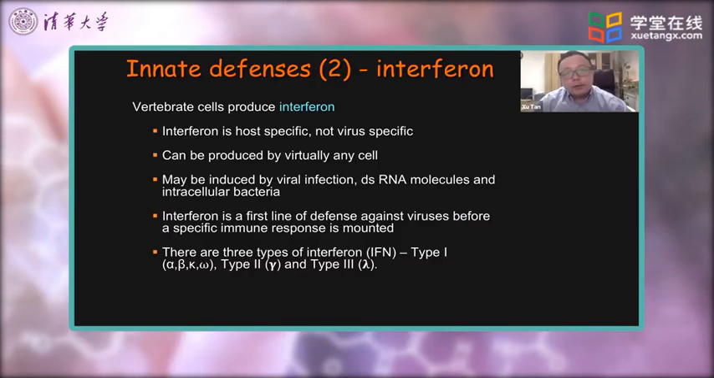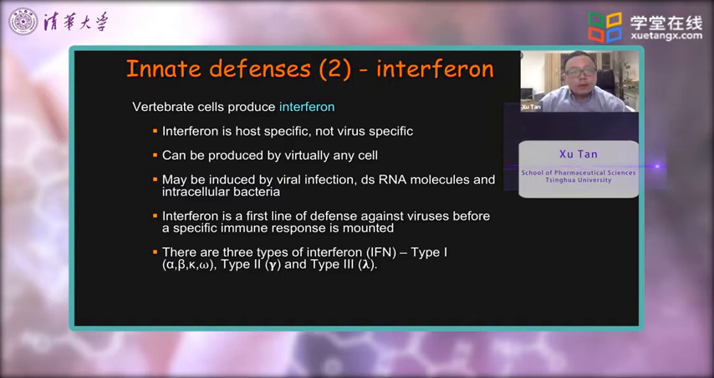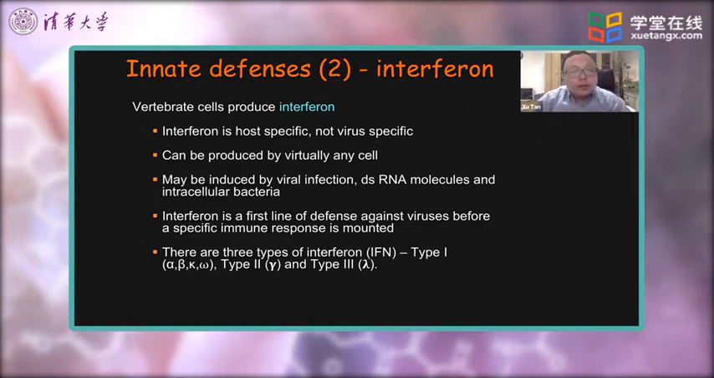The second part of the innate defense system is the so-called interferon system, which exists specifically in vertebrate cells. Almost every vertebrate cell type can produce interferon. It's host specific and not virus specific, meaning that different species can secrete slightly different forms of interferons, but they are not specific for certain viruses. They're a broad spectrum antiviral defense system. It can be produced by virtually any cell